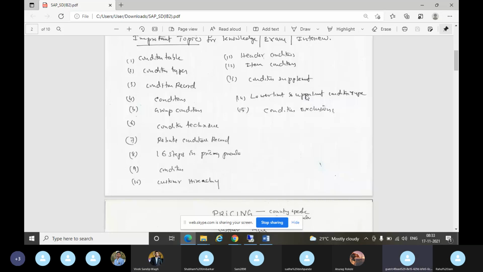Okay. So condition supplement, lower limit, upper limit, not much important. Next, condition exclusion. This is widely used. This is very, very important. Especially Thanksgiving Day in other countries, year end in India, any festival season, they want to give one discount. Already this customer is having 2%, 4% discount. During Thanksgiving Day, during year end time, they want to give 10% discount. Then 2% 4% has to exclude.